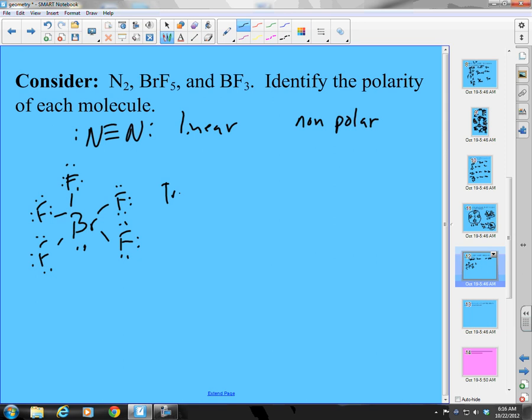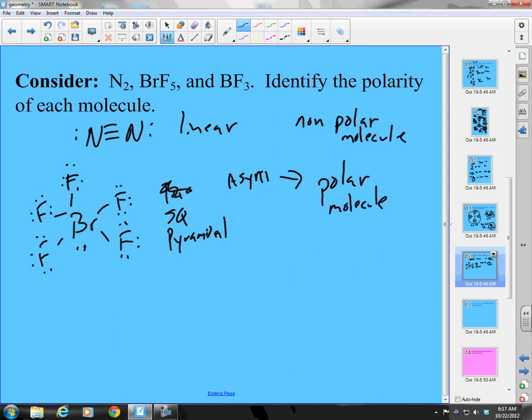This is not trigonal. It is square pyramidal, right? Square pyramidal, that is asymmetric. If it is asymmetric, then it is what? A polar molecule. Non-polar molecule and a polar molecule. Good. And then finally, we have my boron